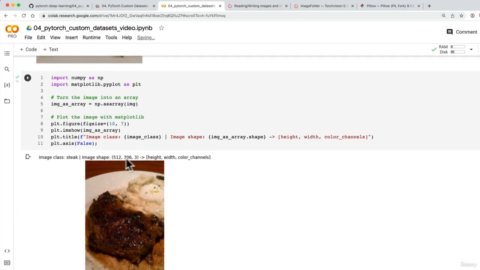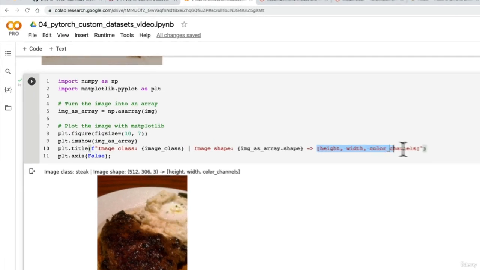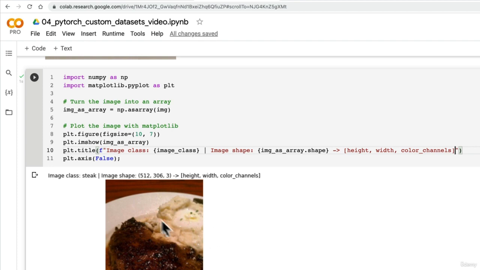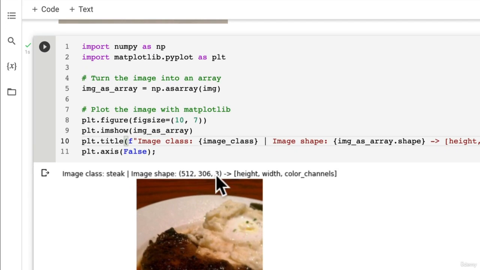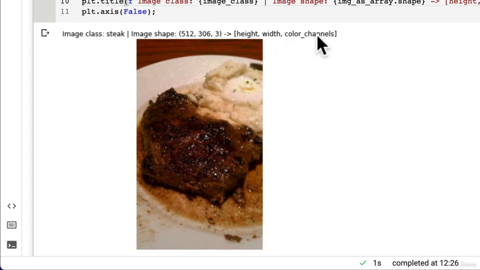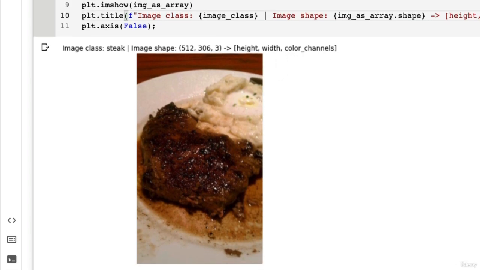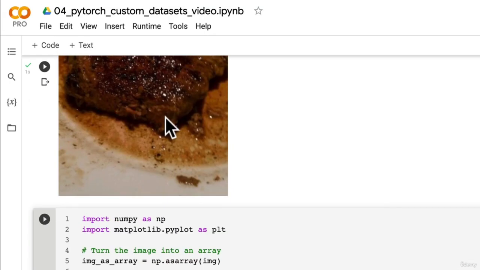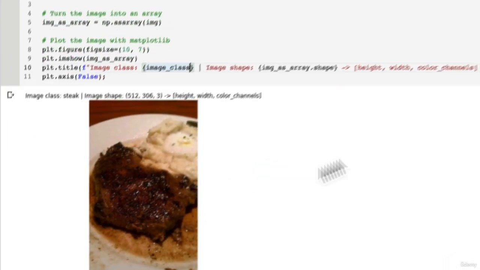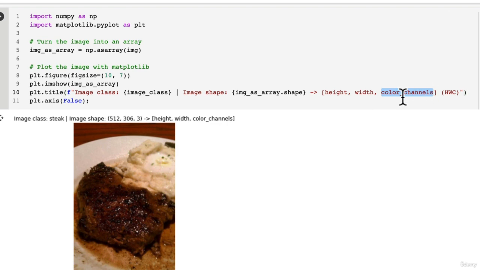Beautiful. So look at what we've got. Now I've just thrown this in here without really explaining it, but we've seen this before in the computer vision section. Our image shape is 512, 306, 3. Now the dimensions here are height is 512 pixels, the width is 306 pixels, and it has 3 color channels. So what format is this? This is color channels last, which is the default for the PIL library. It's also the default for Matplotlib, but PyTorch, recall, defaults to putting the color channels at the start,